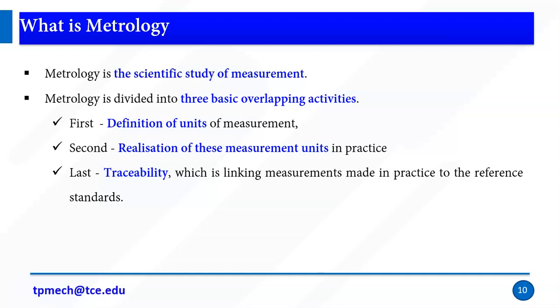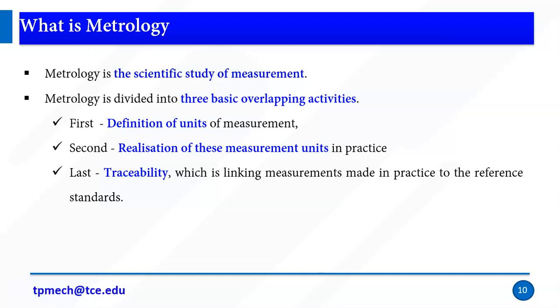So how does the traceability come? For example, the traceability does not depend on the object we are going to measure. It depends on the devices which are used to measure the object. So it's based on the device. If the device has traceability, then the measurements will be fine.